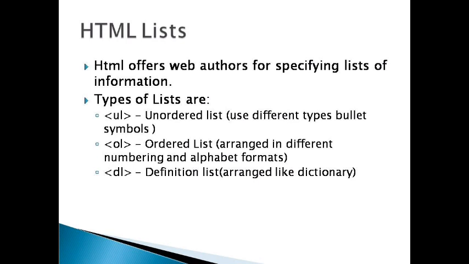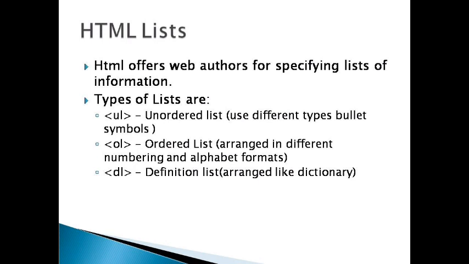Next, what is an ordered list? It is the opposite of an unordered list. It contains 1, 2, 3, or Roman numerals, or alphabets A, B, C, any format of arranging. So this is the ordered list. Next is DL, the definition list, like what a dictionary has. When you give the definition term, it is written in bold, and the explanation for it is written in normal font. That is how DL works.